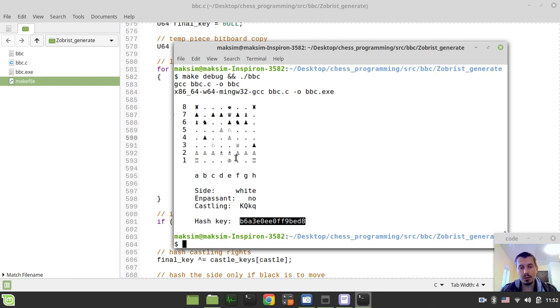And now you might wonder, what's the reason for these incremental updates when we can just rebuild this hash key from scratch every time we make a move and then just take it back? Well, we can do that, and that was my initial intent. But when I asked this question on Talk Chess, they told me that this is really a bad idea because it would hurt the performance quite significantly. And when I saw this with my own eyes and realized that my move generator is getting so slow, it's just slow as hell,